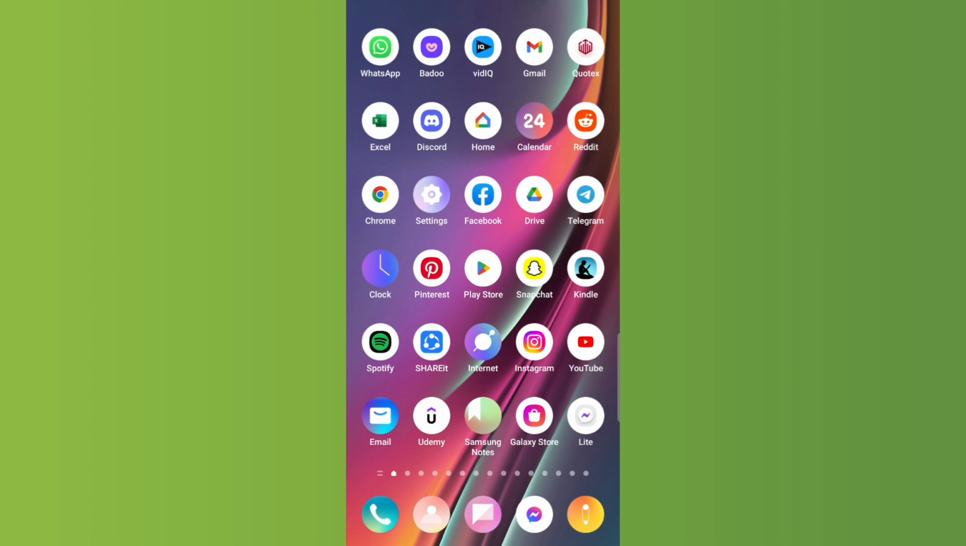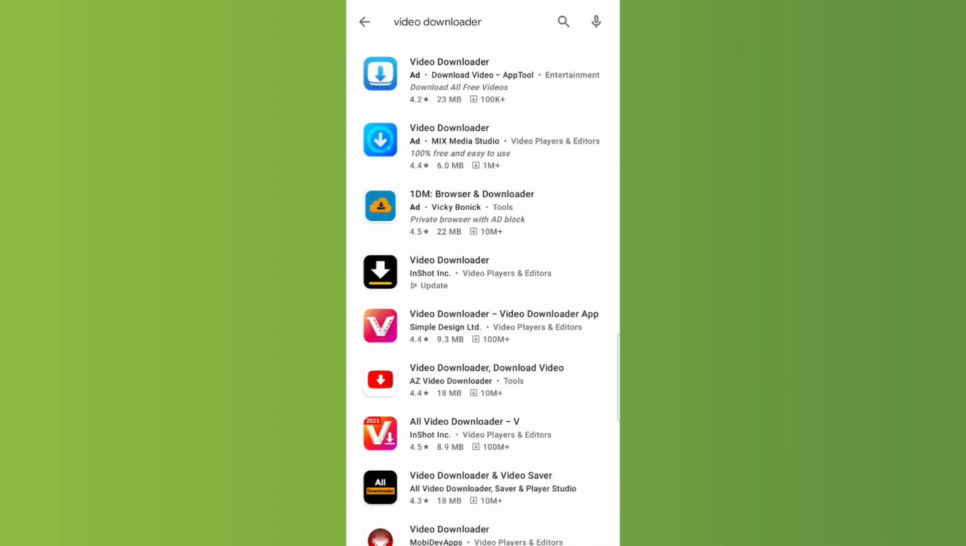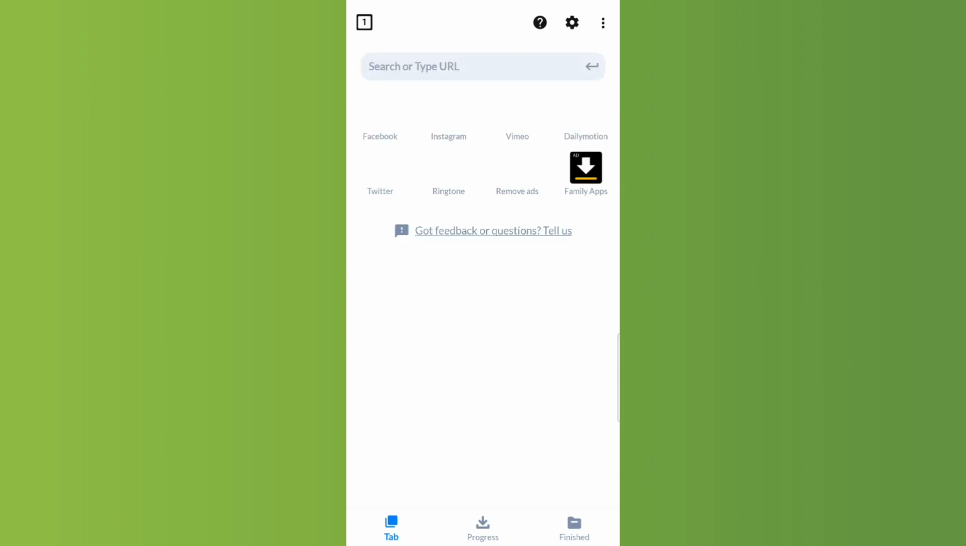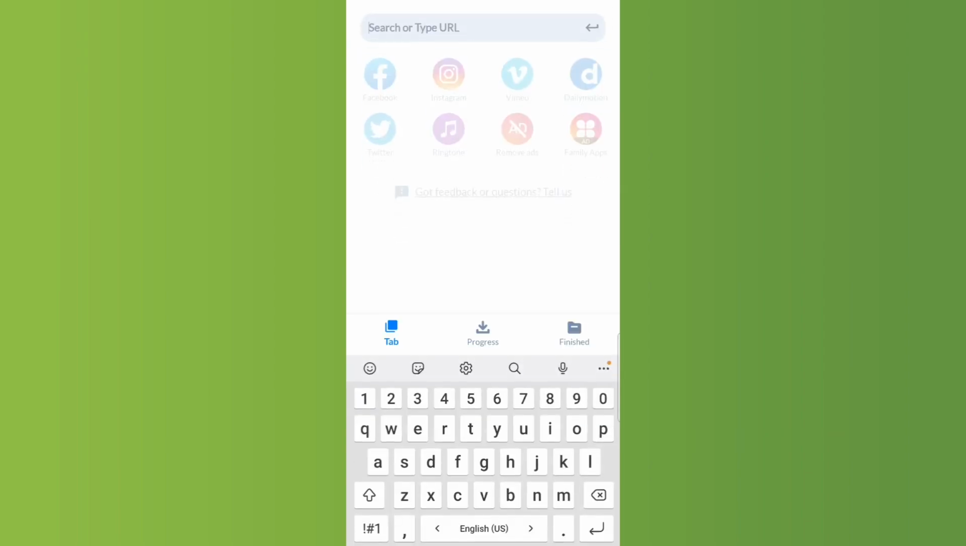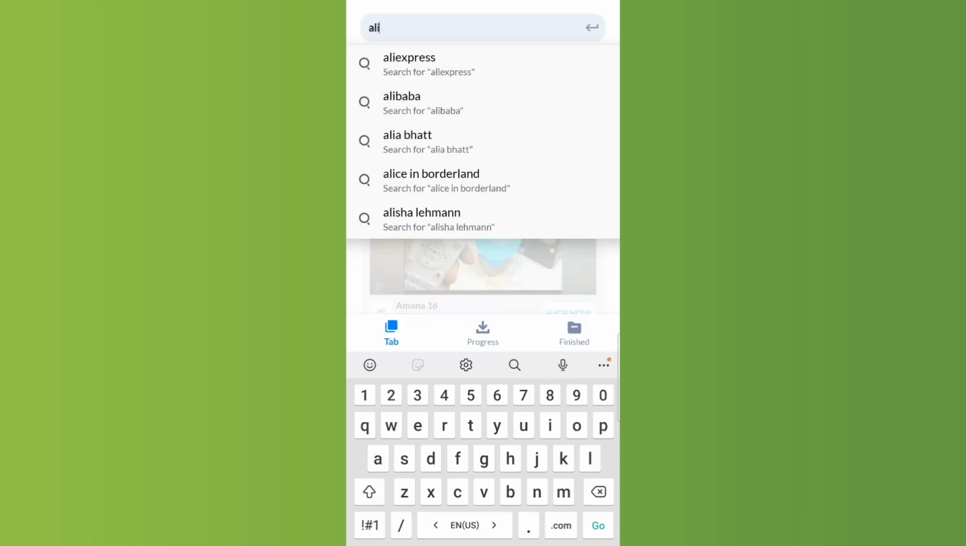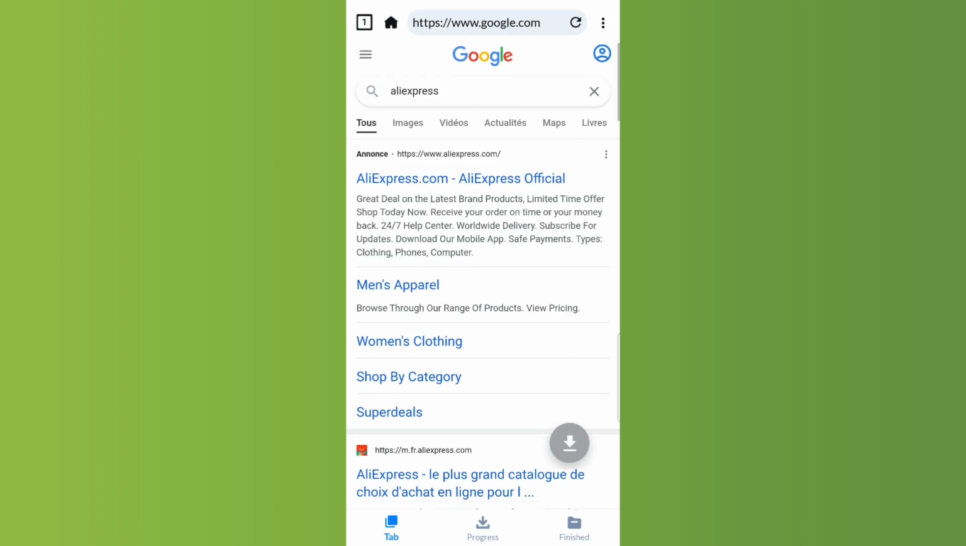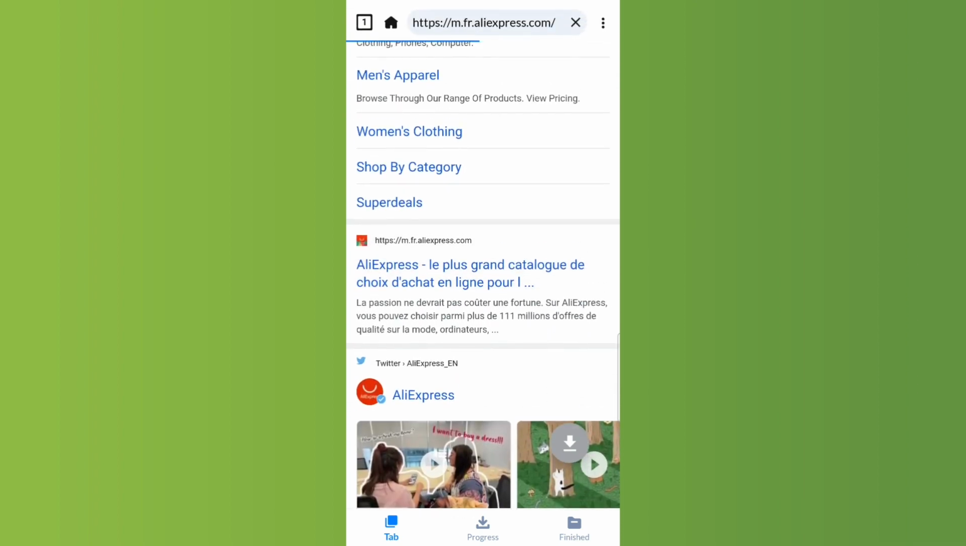Now, in order for us to download the video from Aliexpress, we will be using an app. So go ahead and open up your Play Store and search for Video Downloader and download and install this app right here. Once you do that, open it up and let's go to Aliexpress. Okay, let's click on it,